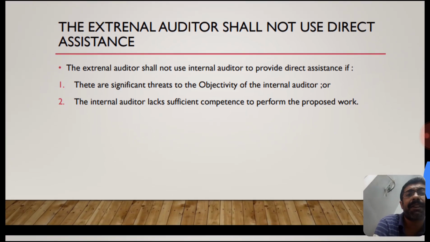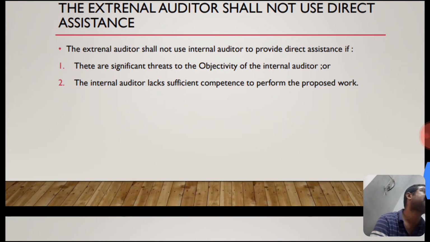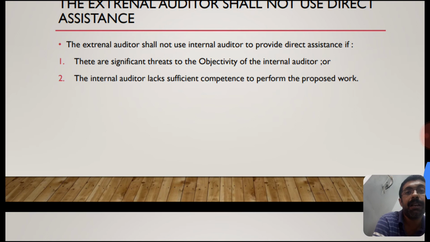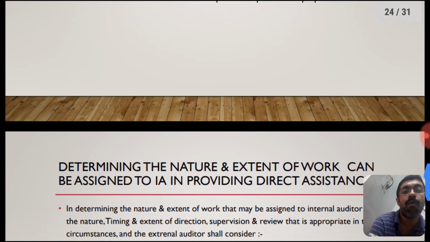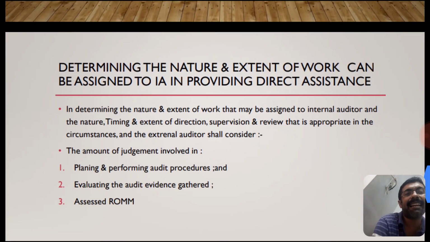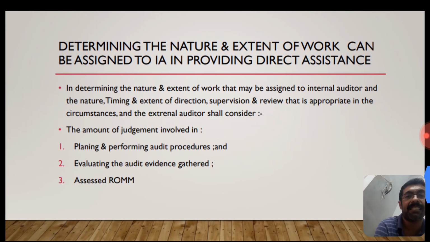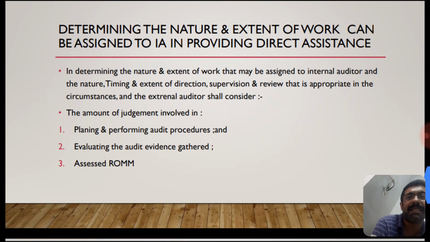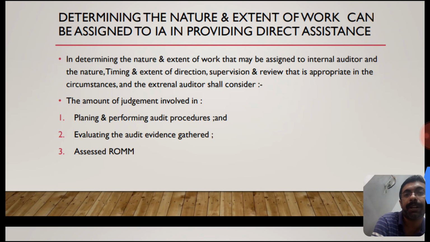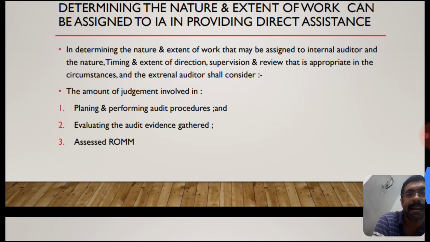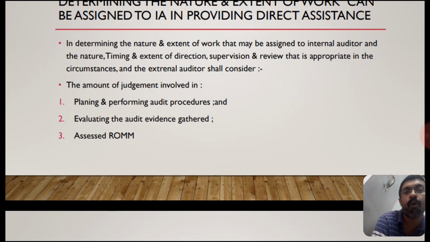The external auditor shall not use the work of internal audit for direct assistance if there are significant threats which will hamper the objectivity, or the internal auditor lacks sufficient competency to perform the work. Determining the nature and extent of work that can be assigned to the internal auditor in providing direct assistance: certain parameters govern this, and the nature, timing and extent of direction, supervision and review that is appropriate in the circumstances is warranted,